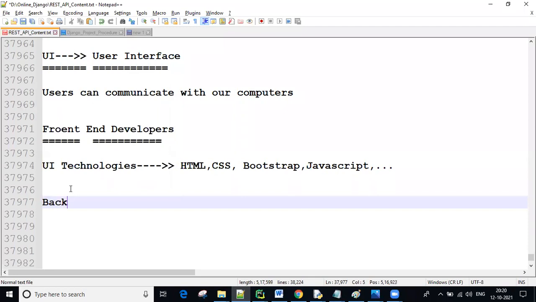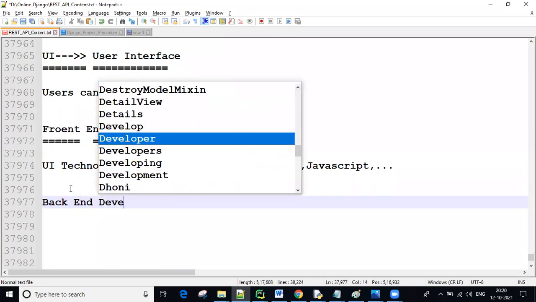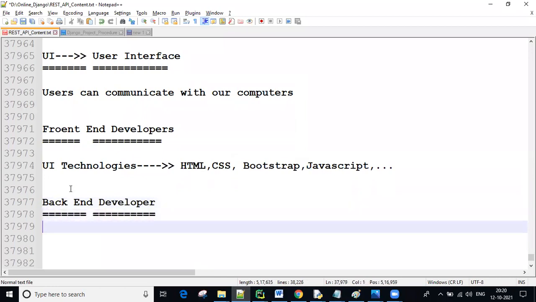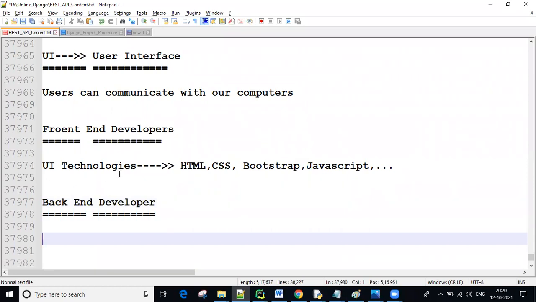Next, the backend developer. The backend developer's role is to receive the data sent by the front end developer, simply the data sent using the presentation technologies.